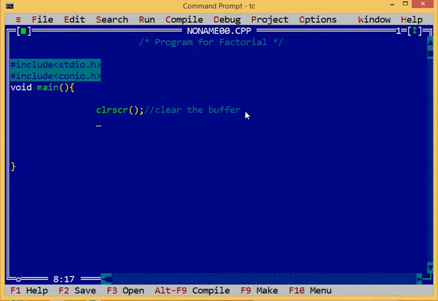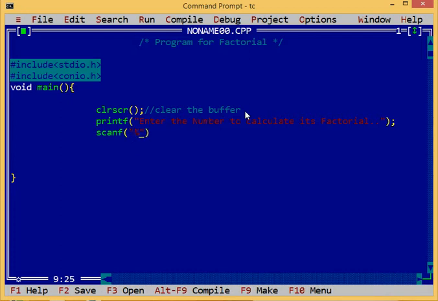Now I will use a printf function to display a message asking for the number to calculate its factorial. Now I'm going to use another function, scanf.